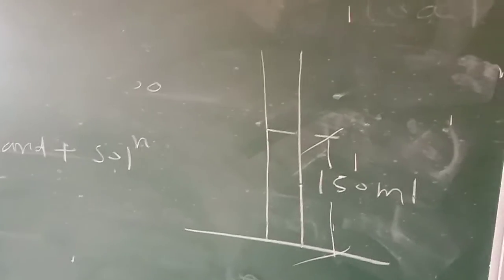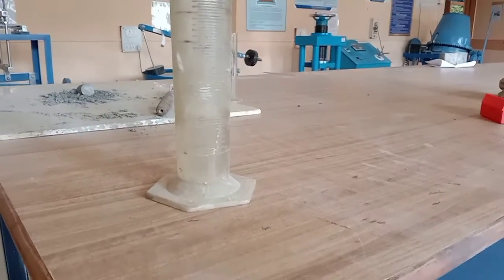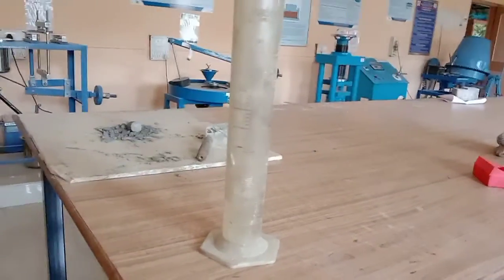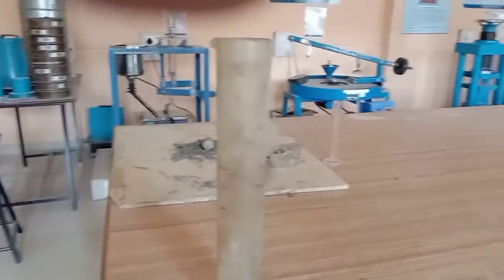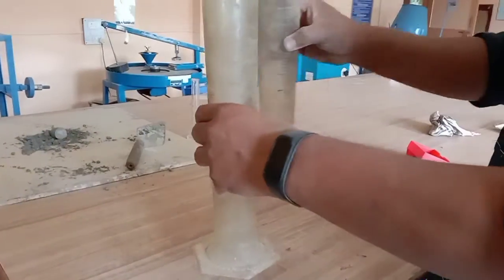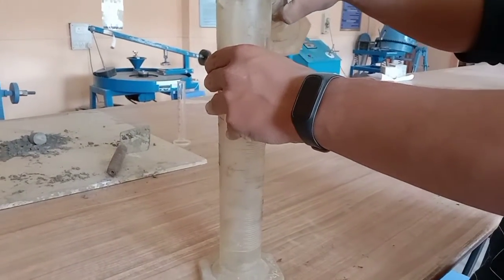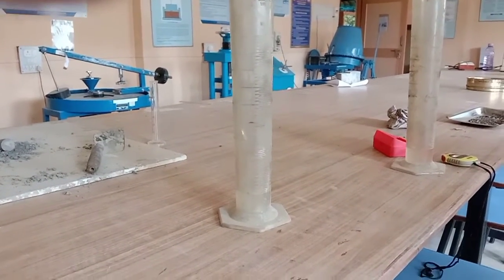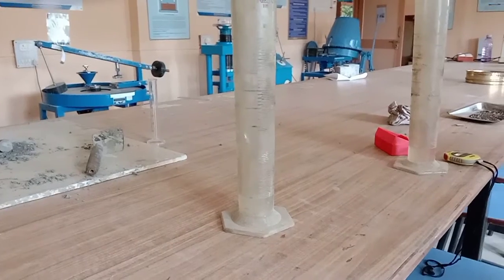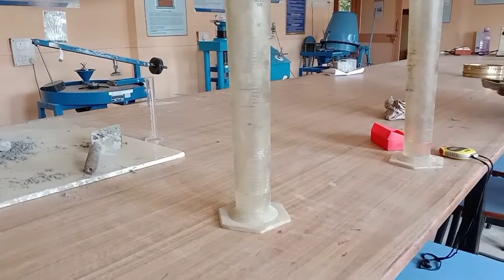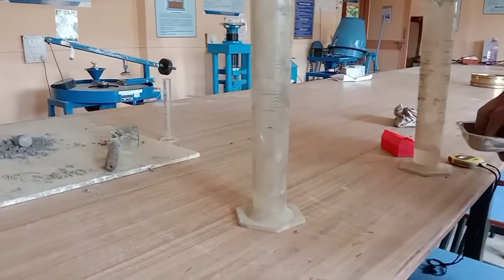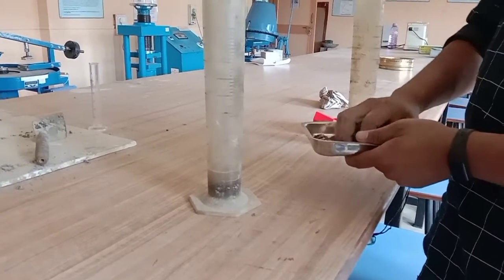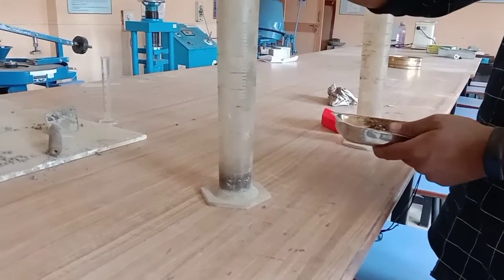First of all, we are making the 100 ml of solution, meaning salt plus water. Now I am going to add it into the empty cylinder up to 50 ml. Now we have maintained 50 ml of solution in the measuring cylinder. Now we are going to add the sand whose silt content we want to calculate. We have to add the sand till it reaches the 100 ml mark.